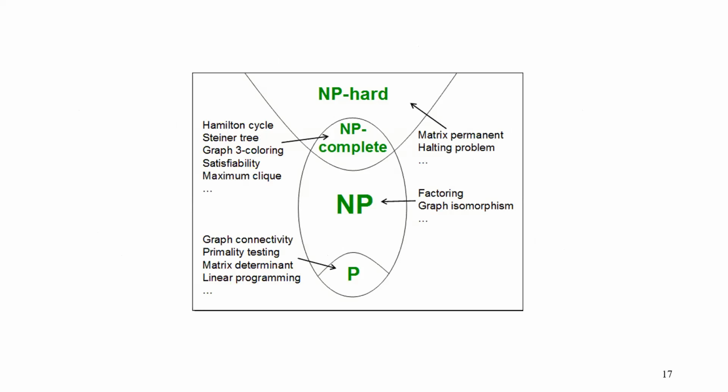Just see this particular diagram. P type of problems, all the problems which can be solved in polynomial time. NP type of problems, all the problems which cannot be solved in polynomial time but can be verified that they can be solved in polynomial time. Further, NP is divided into two parts. One is NP hard, another is NP complete. NP hard are all those type of problems which are not verifiable but can be verified at some point of time. NP complete is all which can be verified. Every P type of problem is a subset of NP type of